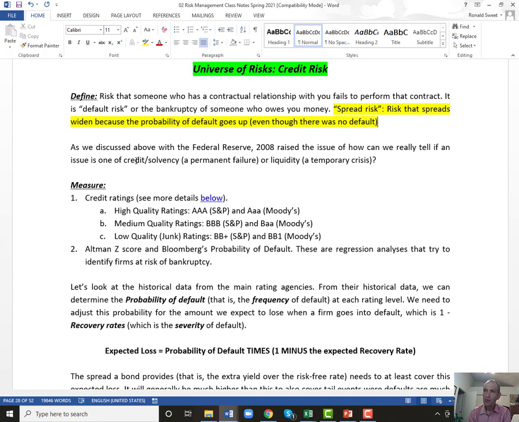So if they could just get through this crisis, if they could just get some money to borrow for a few months, they would survive. It's a perfectly legitimate business. So it's a liquidity crisis, and the Fed steps in, provides them money, they survive. Or is this a credit problem? Is Lehman really bankrupt? And I think that was the case. Lehman had assets that were just not going to come back. They were horrible assets related to the subprime crisis.